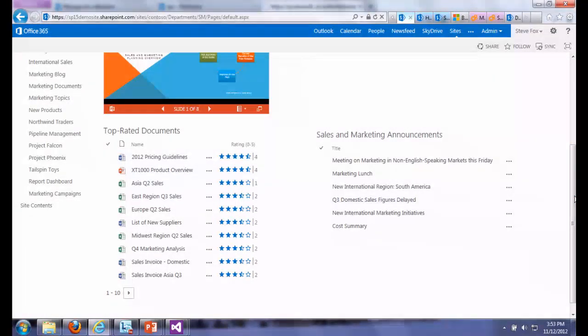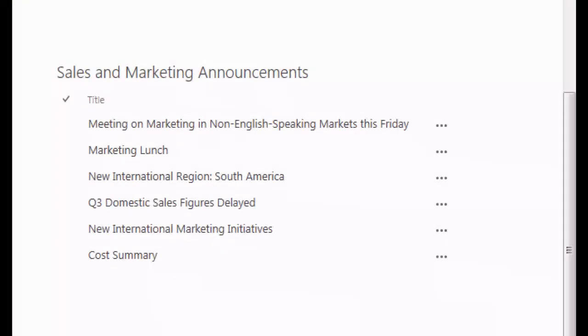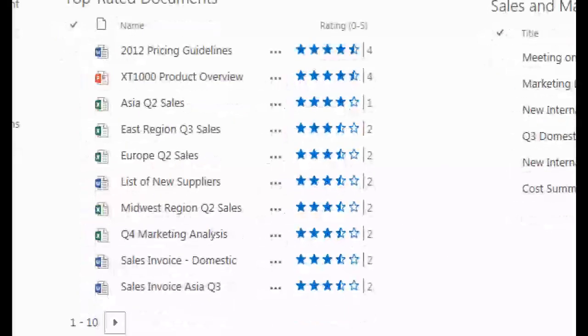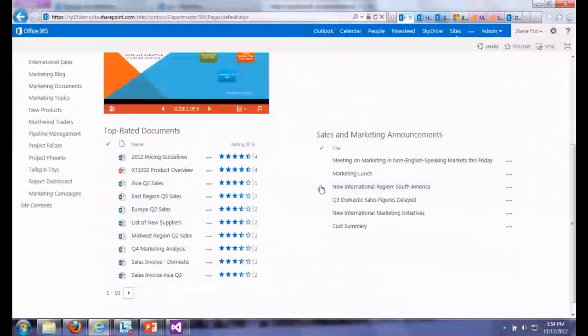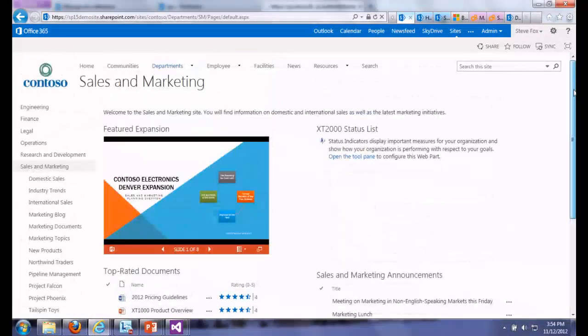Let me just zoom in a little on that for the folks at the back. We've got announcements and lists, document libraries. Again, those are 2 different apps in the parlance of SharePoint 2013. Now, that's fine. This is a SharePoint site. Really, there isn't a lot of customization here. But that leads me, and you'll see this in the slides, to my first tip. I promised you 3 or 4 tips throughout. The first tip, as a SharePoint developer: always look to see if the functionality exists first before you go and recreate it.